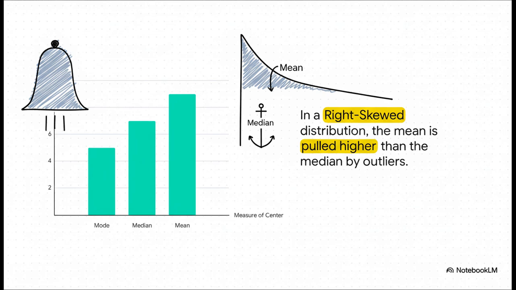You can really see this in action when you look at a chart. See, in a perfectly symmetrical distribution, that classic bell curve shape, the mean and the median are right on top of each other. But when you have outliers, like in this chart that's skewed to the right, you can see how the mean gets dragged way out towards that long tail, while the median just stays put in the middle.